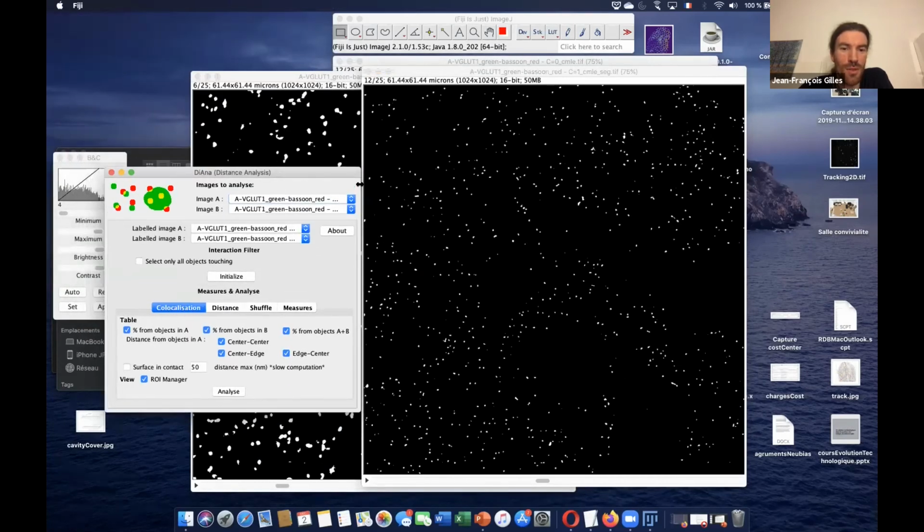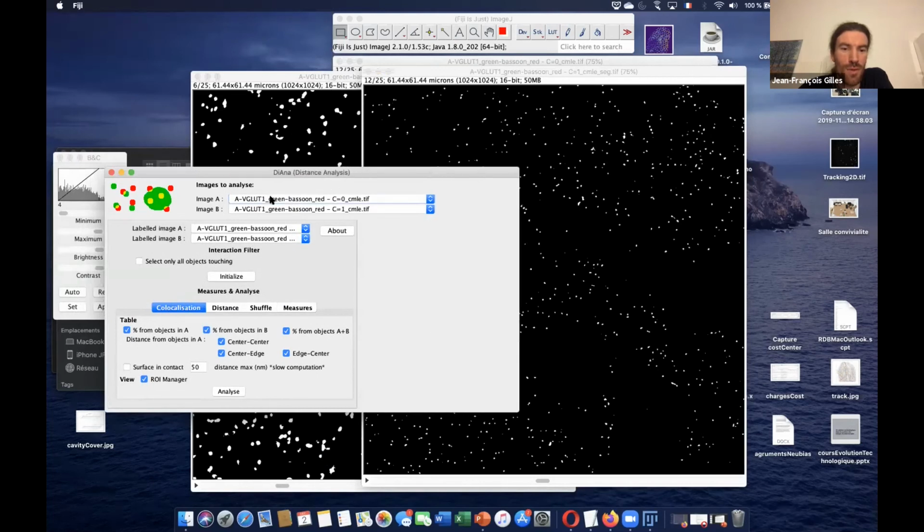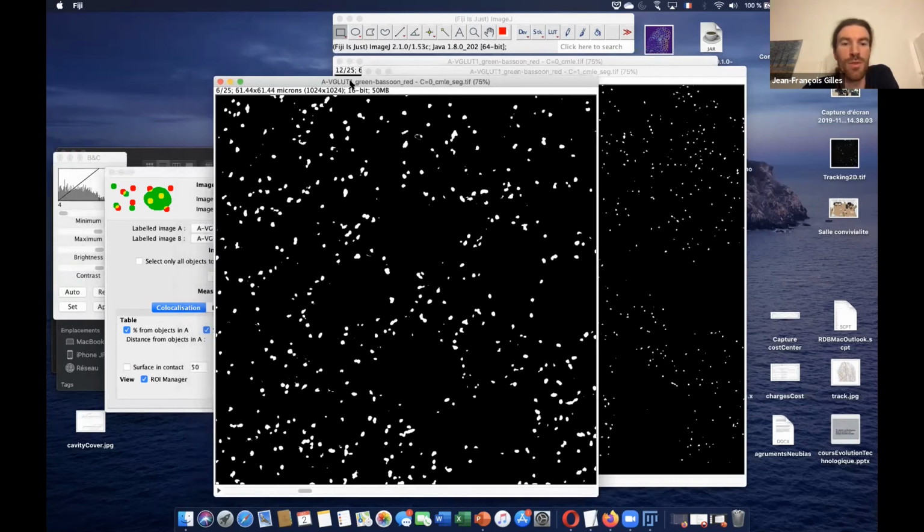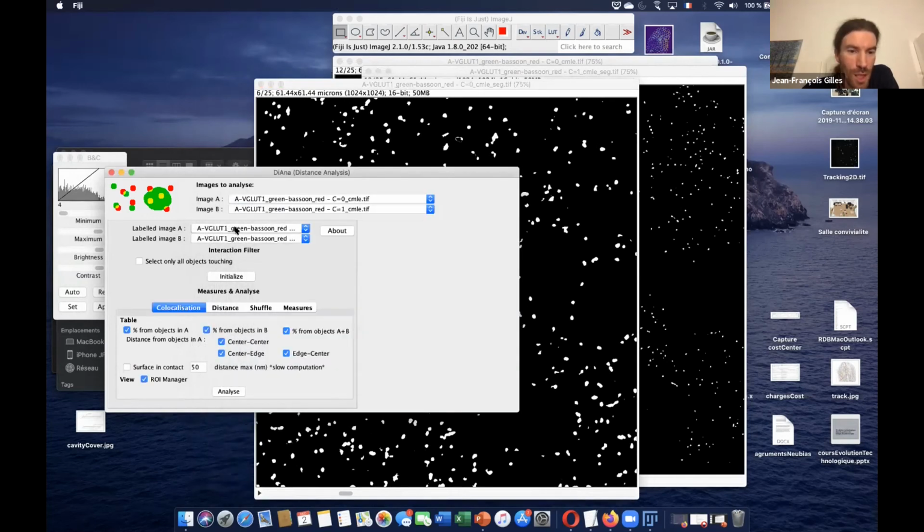You need to have the initial raw data from the two images you want to analyze, and the two labeled images, the images you generated with the segmentation, each corresponding to its raw image.